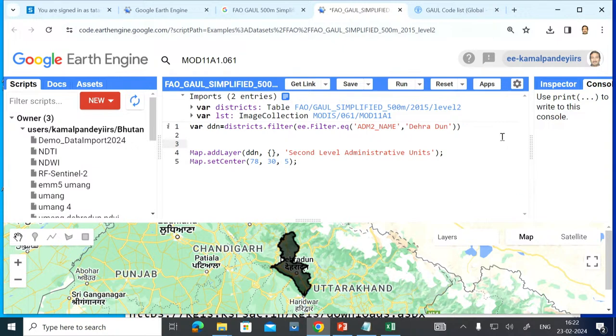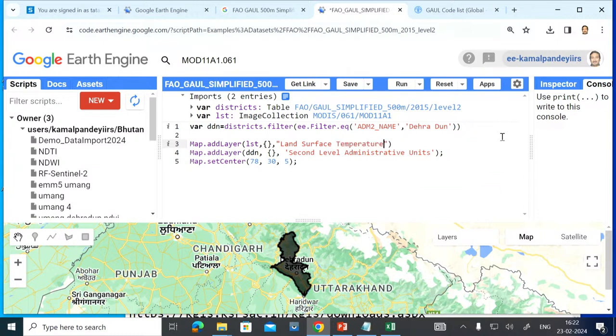Here you see Map.addLayer. The name is LST, comma, this is the visualization parameters here. I will tell you about this also. Third is the name, land surface temperature.